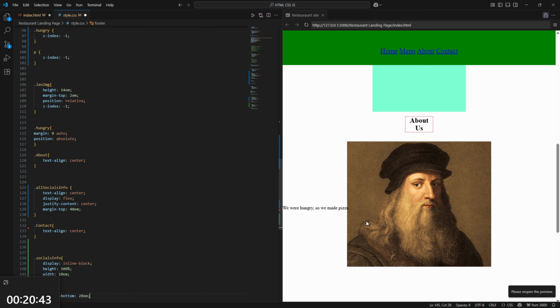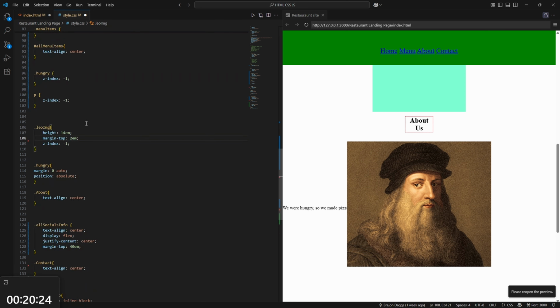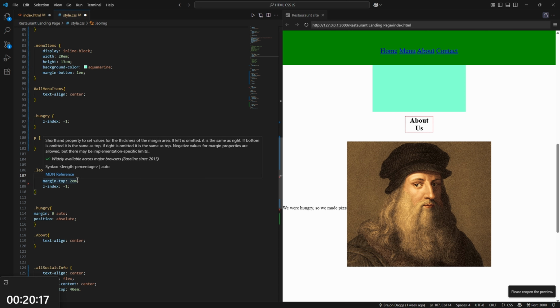Leo image, okay, it has a Z index. So it's behind our text. Position is relative to the document. I think this doesn't even do anything. So the height, I think that,